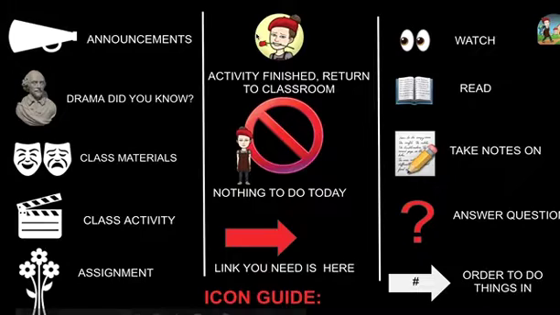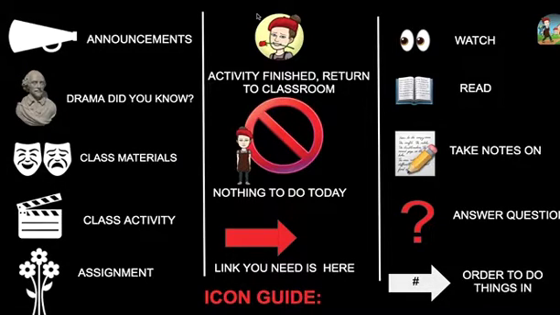When you finish something in each section of the classroom, you'll see my Bitmoji with a rose. This is letting you know that when you finish the activity, this will bring you back to the classroom. If there happens to be nothing to do for that day for any of the sections, you'll see the Bitmoji standing next to a no symbol. That means there's nothing to do today. And if you see a red arrow, this will be anything that's linked